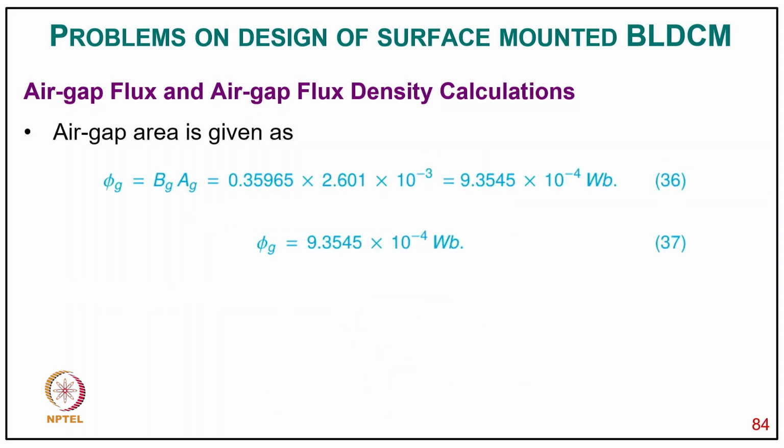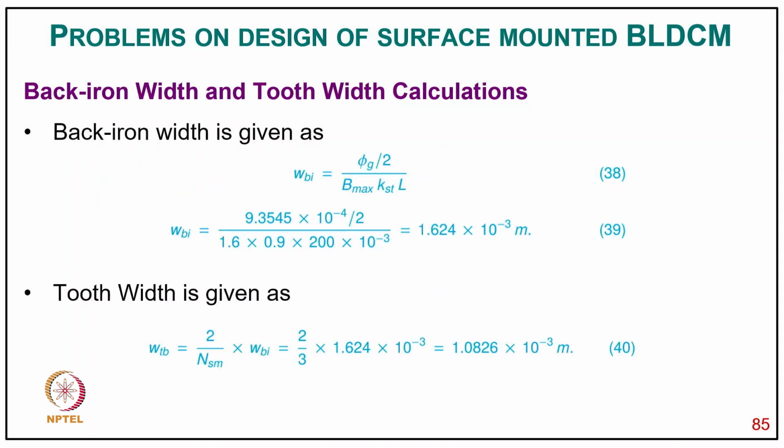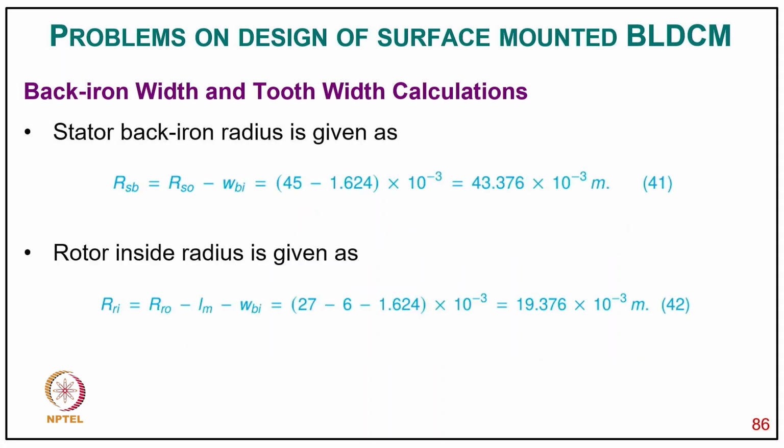0.35965 Tesla, and air gap flux is φg equal to Bg into Ag, putting value, it comes 9.3545 × 10^-4 Weber, and typically back iron width is Wbi equal to φg upon 2 Bmax KSTL, and Wy, putting a value, it comes 1.624 × 10^-3 meter, and tooth pitch is WTB equal to 2 upon Sm into Wbi, putting value, it comes 1.0826 × 10^-3 meter,